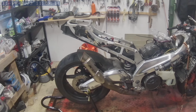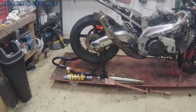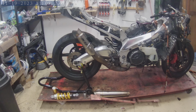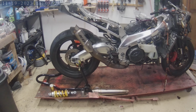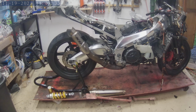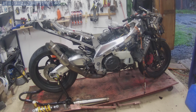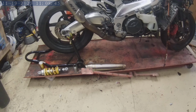And here is my Millie. Now, got a nice new Öhlins shock to put on it. I got it up in the air. Gonna probably pull the swing arm, check the needles, buy the Teflon washers from you guys. But I didn't want to make an order until I know everything else I need. Probably gonna buy the 150 amp starter solenoid, and we'll see. I already have new wheel bearings for it, K&N air filter. Trying to figure out an exhaust system. Came with this Dan Moto pipe,